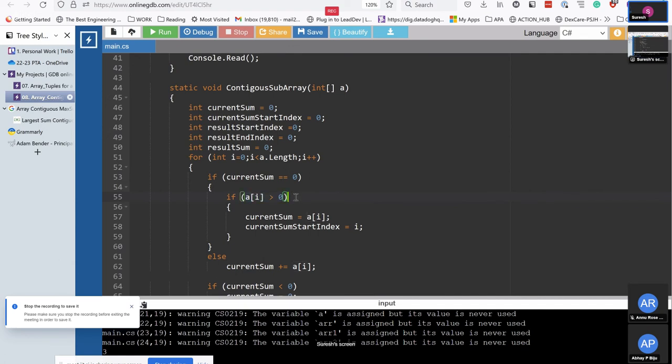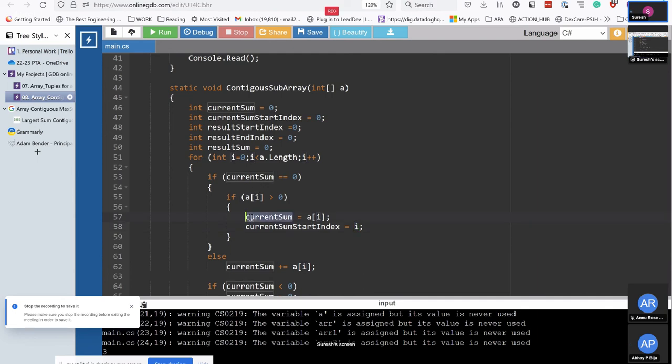The current value you are considering is greater than 0, and the current sum is 0 for some reason. It could be the first iteration, or you set it to 0 in a later iteration. Then current sum equals a of I, and current start equals I. In order to get this current sum, you need to start from I,